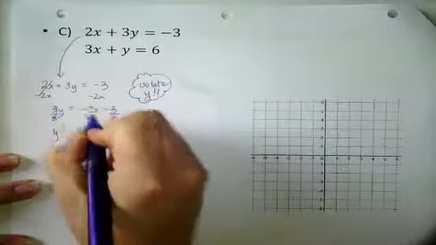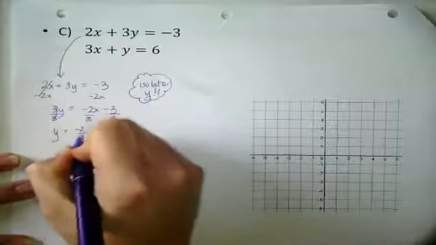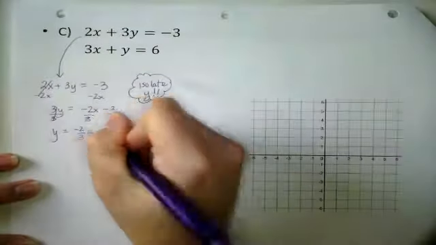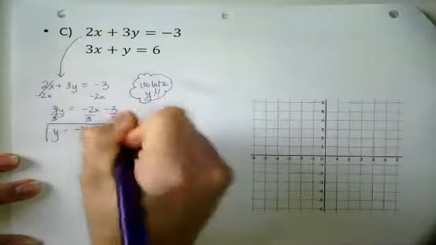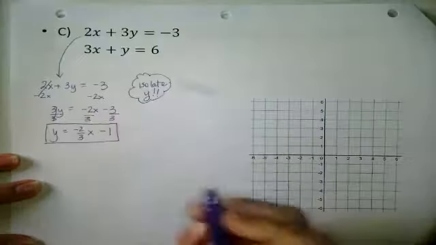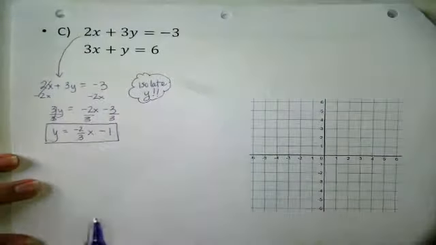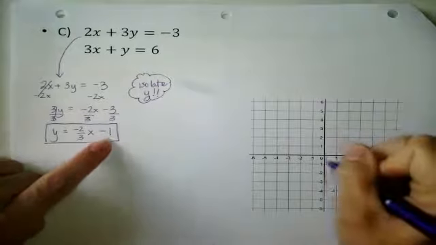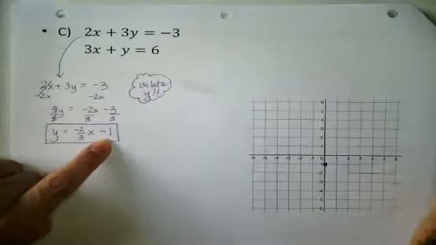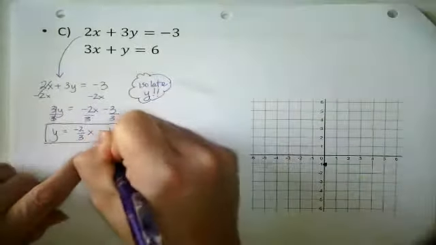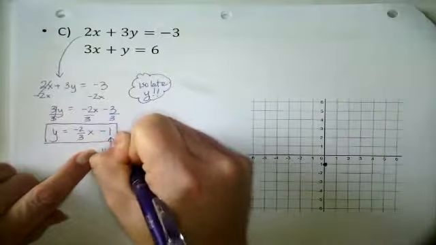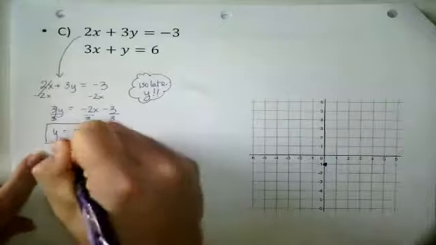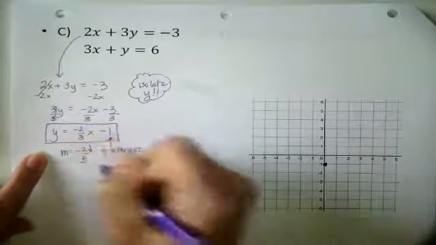So we get y equals, this is negative 2/3 with an x, and negative 3 divided by 3 is 1, or negative 1. So once you get y by itself, then we can graph it. So you're going to click your equation that you're trying to graph, and then we can plot our y-intercept at negative 1. I'm going to write that down. That is the y-intercept. Y-intercept at negative 1, and then our slope is negative 2/3, and that's telling me to go down 2 and